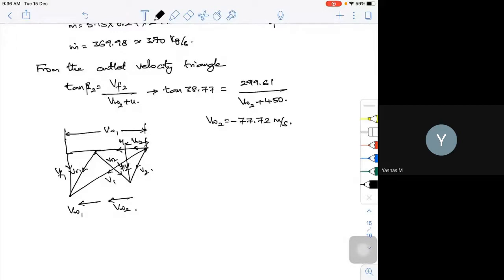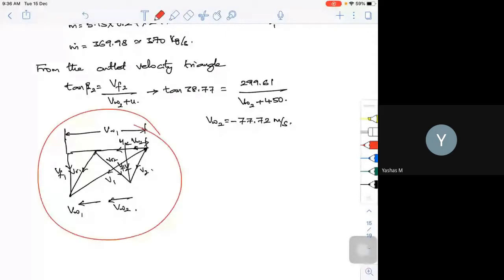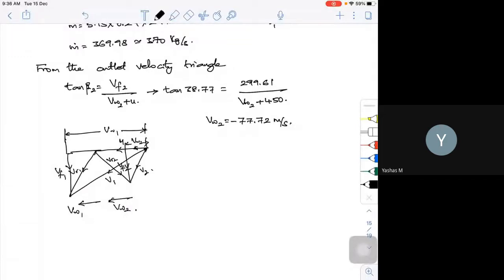Now based on the values, if you do it graphically, your velocity triangle should look something like this. Because when you draw the velocity triangle in the graphical method, everything is drawn to scale with exact values. But what we are trying to do is initially draw it, calculate based on trigonometric principles, then make the adjustment to the velocity triangle and redraw it. For this condition, the velocity triangle you get from your graphical method should look something like this. Please try that and cross check the values. Maybe in the first or second decimal, the values have to change.